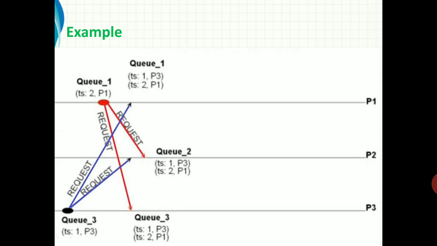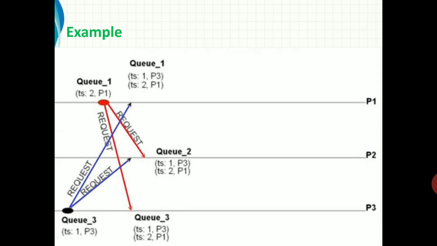So P1 and P2 have the request messages from P1 and P3. It will sort the requests on the basis of timestamp. P1 places the request messages in its queue.